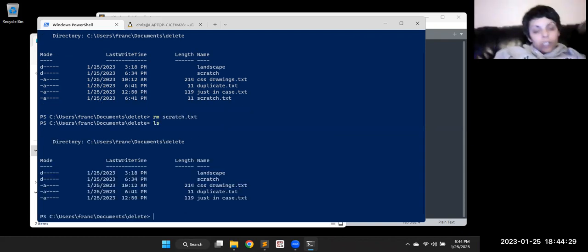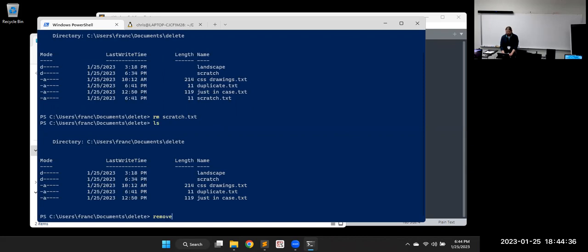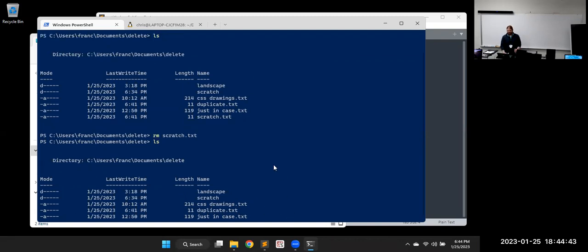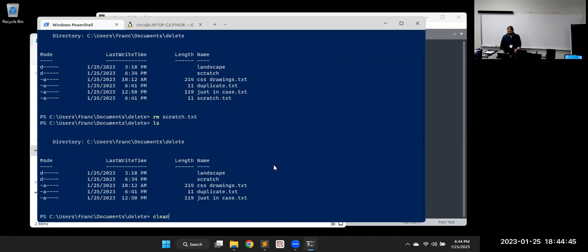scratch.txt. Since you could type out copy, can you type out remove and it works? Yes, the actual PowerShell one is Remove-Item. It follows that nice naming convention with the dashes. It's already gone from where I created it, but New-Item creates it, Remove-Item removes it, and we also have Get-Item and Set-Item. And by this point, y'all know what getters and setters do. So modern naming conventions and syntax are one of the nice things about PowerShell.